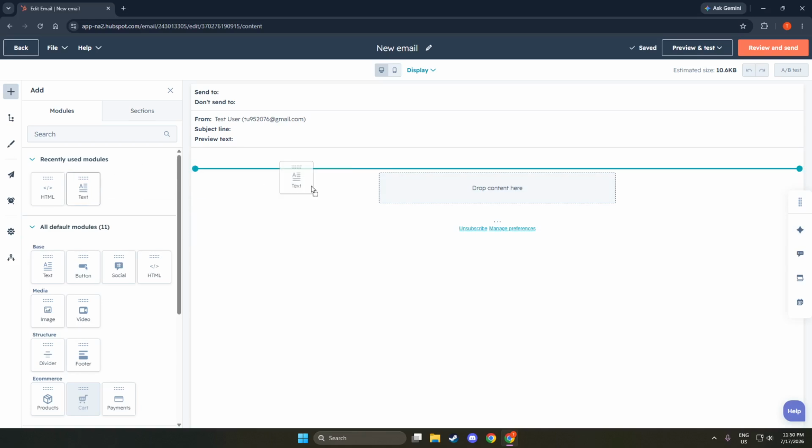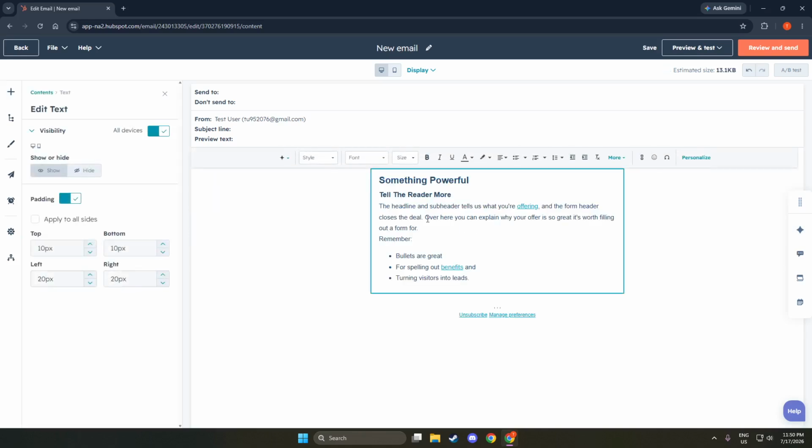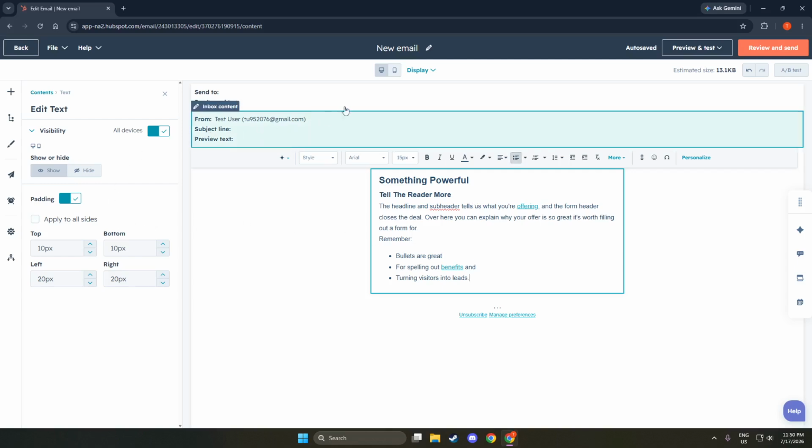At this point, you need to select a template design. HubSpot offers a variety of pre-designed templates to choose from. Browse through the options and pick one that aligns with your brand identity and the message you want to convey. Choosing the right template is important because it sets the tone for your email and can significantly impact your audience's engagement. Once you have made your selection, you are ready to move on to the customization phase.